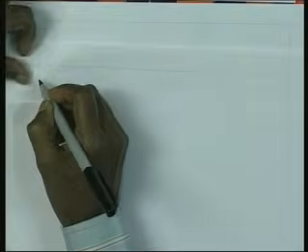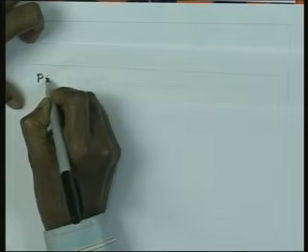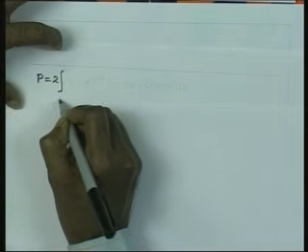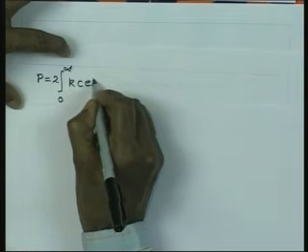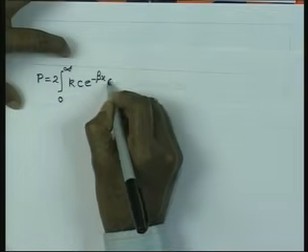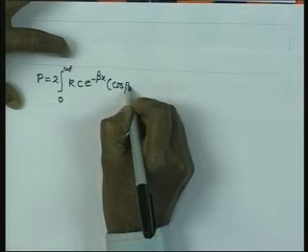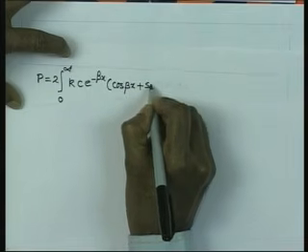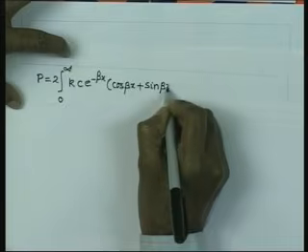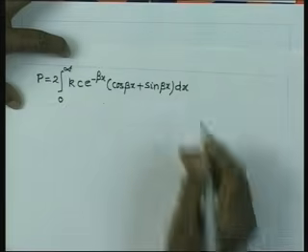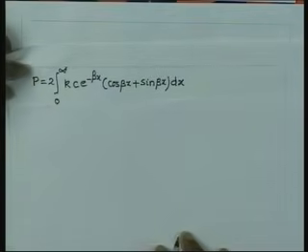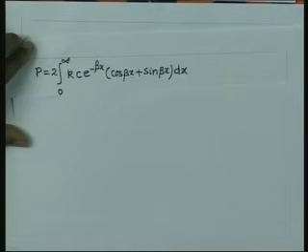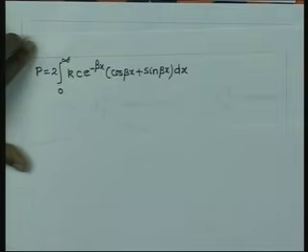So, P equal to twice integral 0 to infinity k times y, e to the power minus beta x cosine beta x plus sin beta x dx. So, this is a case of product of two functions, e to the power minus beta x and cosine beta x plus sin beta x. So, we can do it integration by parts. So, therefore, if we do that,